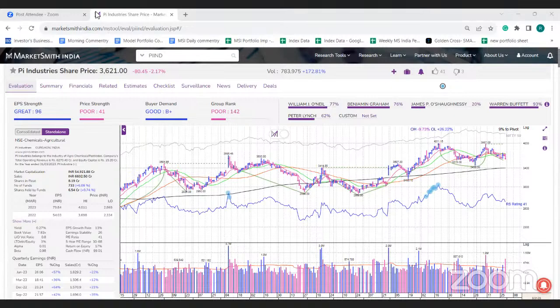Fundamentals are looking very good, not much change in the fundamentals. The stock has a very good EPS rating of 96, because the stock reported good numbers on both the sales and bottom line front. It has reported a good set of numbers, a good growth rate, and consistent growth. The stock has rallied much previously, which is the reason it is trading in stage 4. Let the stock consolidate for a bit, and if a new set of growth comes into the stock, then definitely it is going to be a good performer.